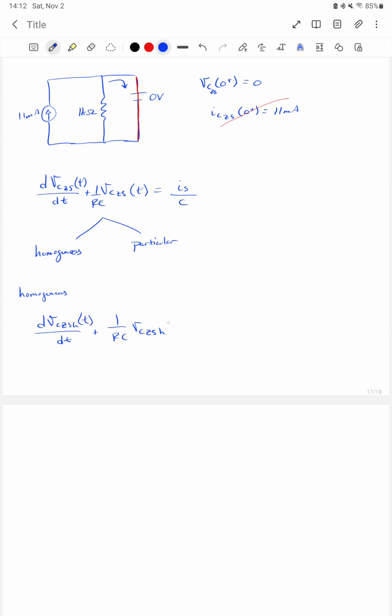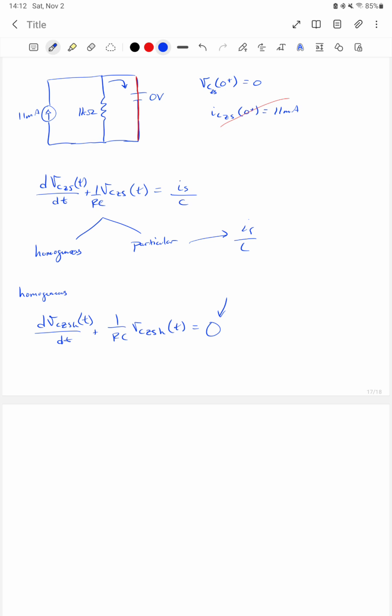I guess I should be putting my t's, is equal to 0. Because the homogeneous equation means that we don't have anything on this side. And mind you, this is different than before, right? This is because mathematically you solve it by making this side 0 and then finding the particular solution, which includes our IS over C, separately,